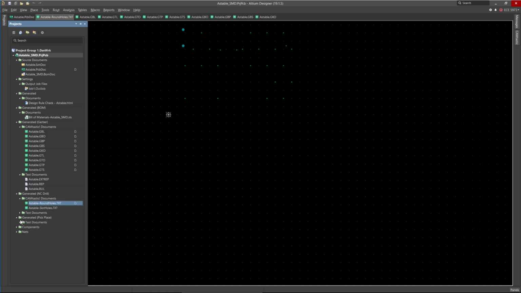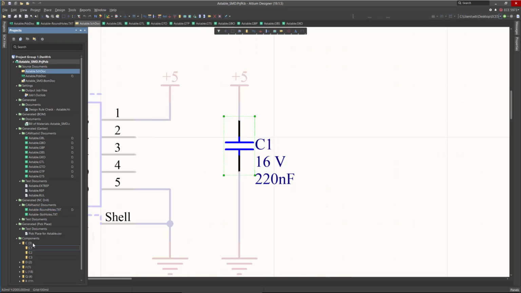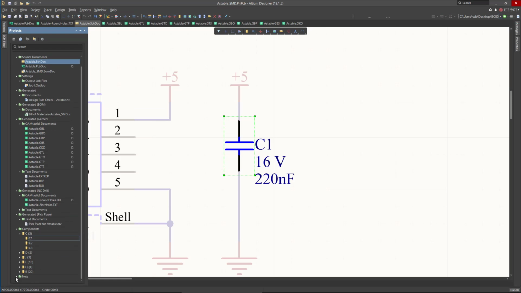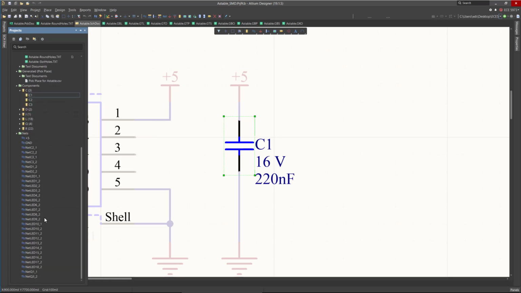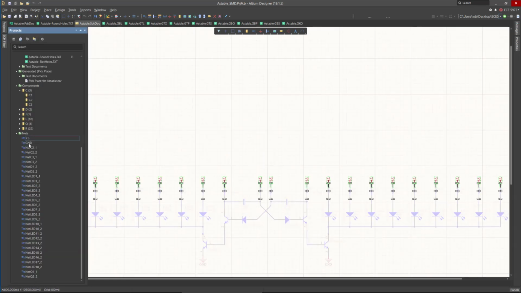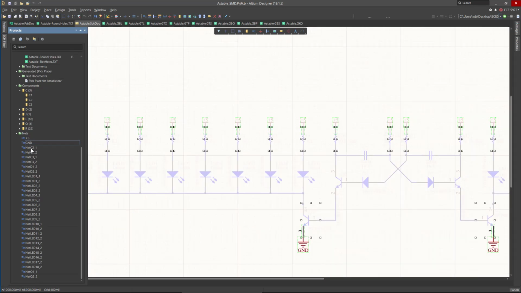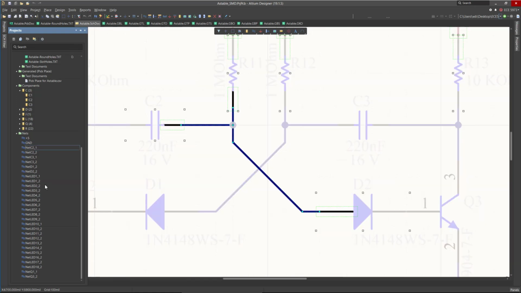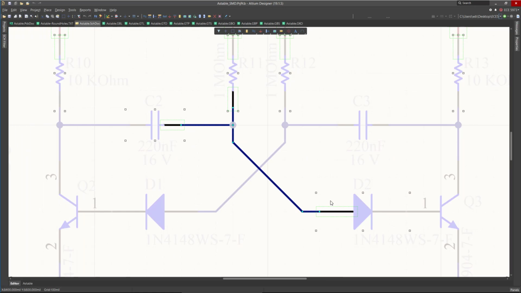And we have the pick and place file. We have the components used on the board. And this is C. You have C1, C2, C3. If you click on it, it will take you to the schematic. You'll see the designator. And these are the nets generated in Altium Designer. These are the 5-volt nets, and here we have the ground. We have net C2_1, meaning this net is connected to capacitor C2, pin number 1 of the capacitor. So this is the name of the net,